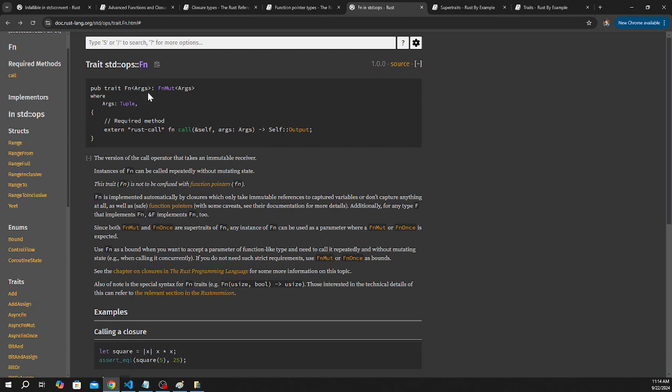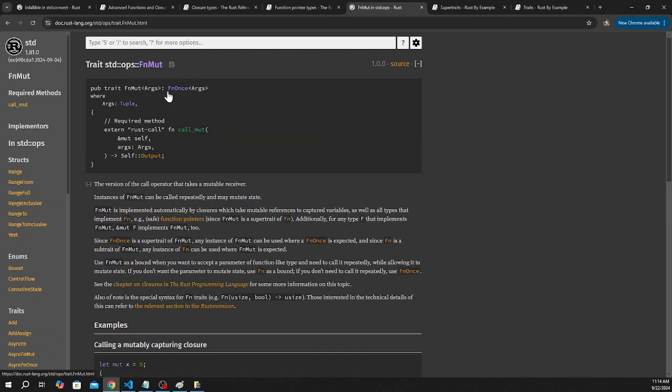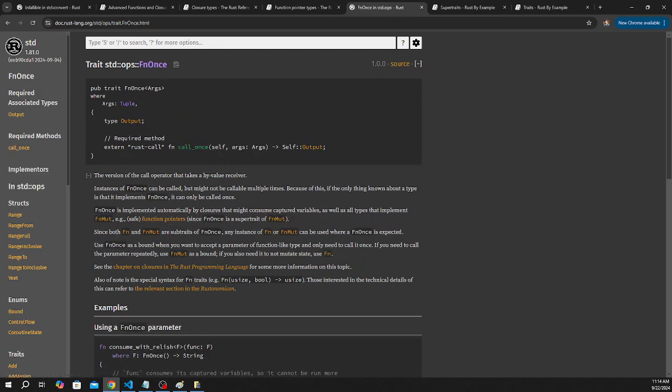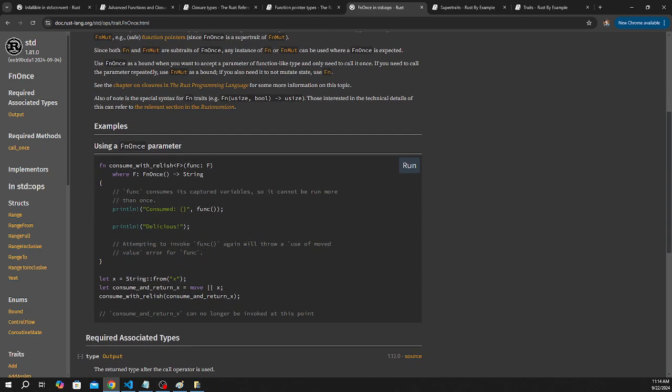And this Fn trait needs to implement this FnMut, and FnMut implements FnOnce. So you can see these three Fn related traits. And for example FnOnce, if you have a function consume with a function f, and f implements this trait FnOnce and returns a string, and you can basically call